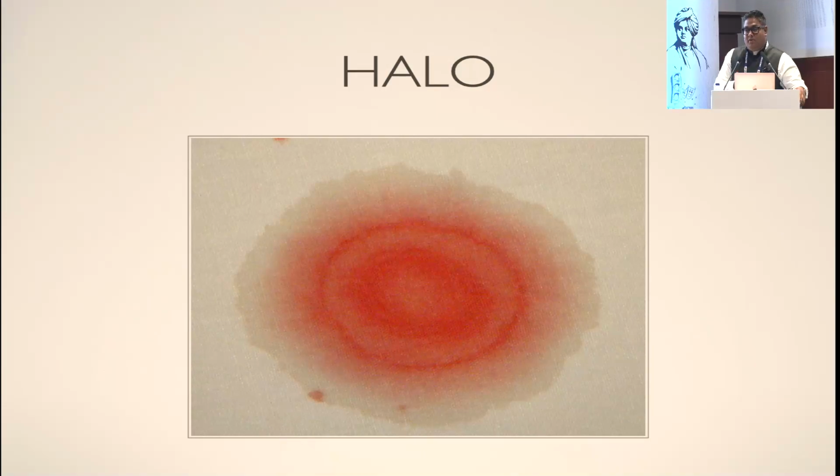You put in a Whatman filter paper or even a plain white muslin cloth and you will see two rings. The first ring is the ring of diffusion of the blood and the heme in the blood. The second, because CSF is much less viscous than blood, it diffuses and spreads out more. So if you see two rings compared to just one ring of blood, this is indicative of CSF